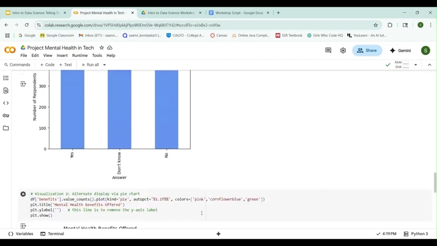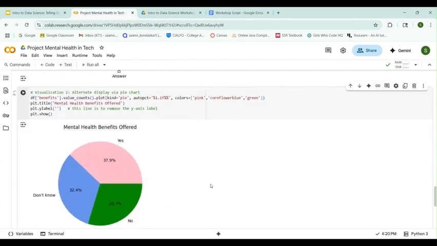We can also visualize the mental health benefits available to participants through a pie chart. Similar to the bar graphs, we use the value counts function to get the number of people who answered either yes or no in the survey. This time, however, we set the kind of graph to pie. Then, this part with autopct adds percentage labels instead of just numbers, so we can understand how much of the pie each category is worth. We then remove the y-axis of the graph with this line sending a blank reference. Lastly, we call the show function and hit run.